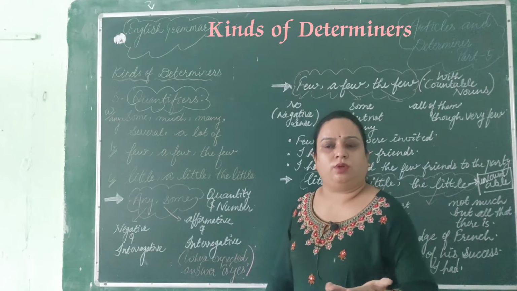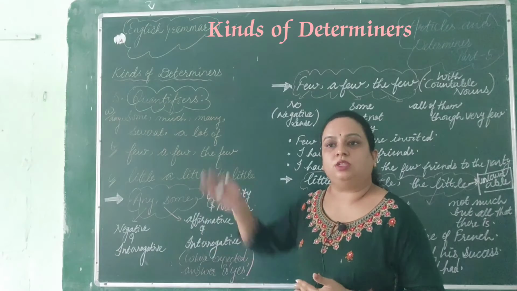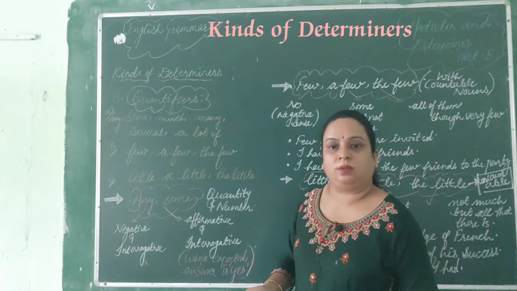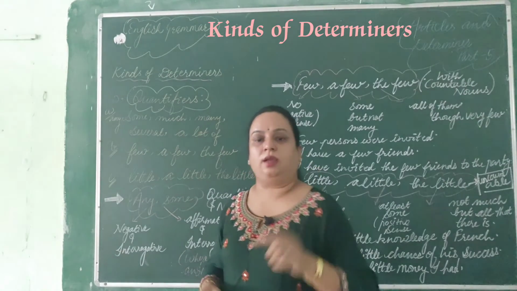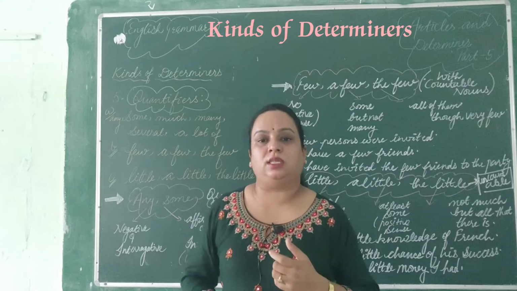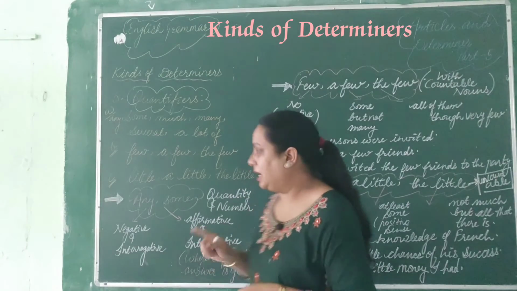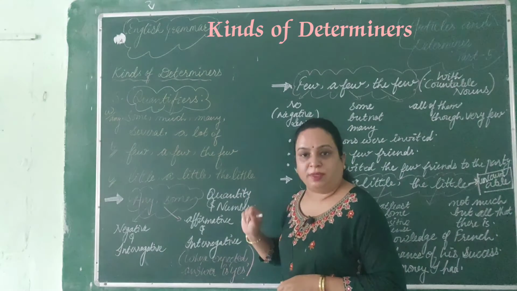So water, anybody will say yes, I have some water, right? But if we talk about money, so positive or negative, any response can be there. So that's why we are using any here. But for small things like water, pencil, where the expected answer is yes, in that case you will use some. समझ में आ गया?